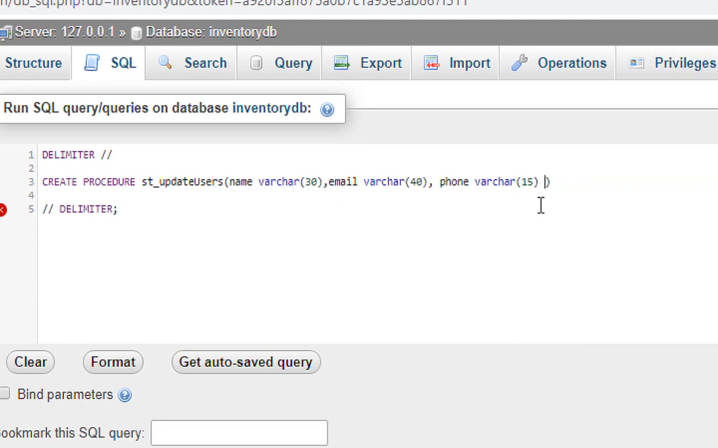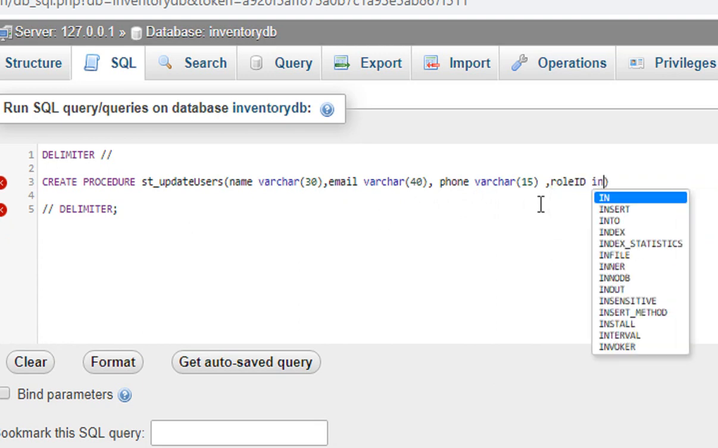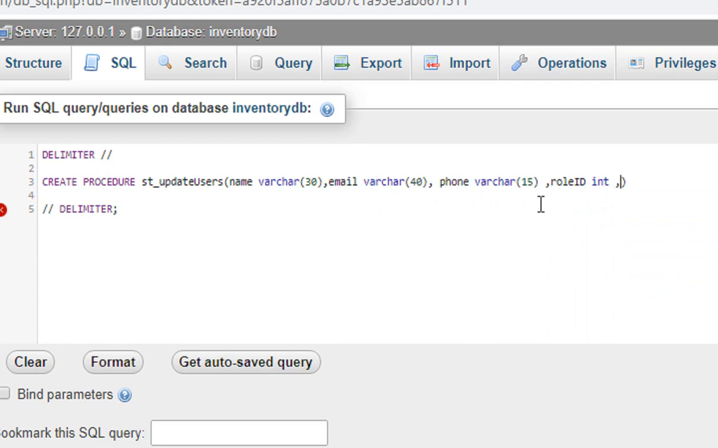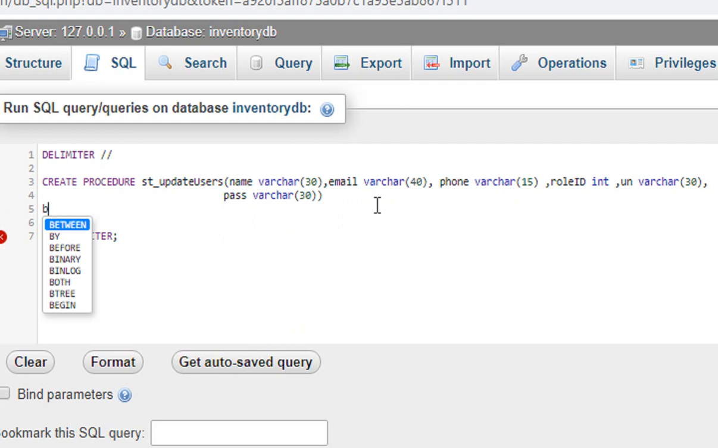we have the other things like role ID. Okay, so it was role ID and integer, and then the username, so un varchar 30, and then password, that should be varchar 30. Okay, so that was my parameter. These are my parameters. Now begin